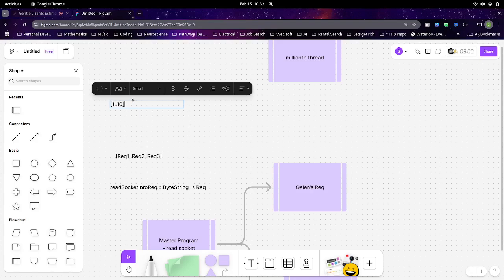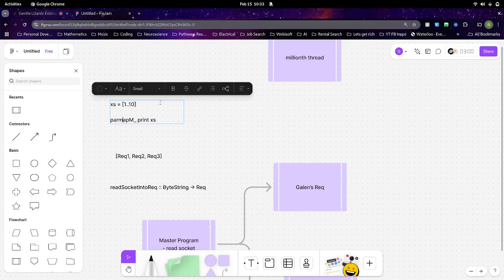So this is shorthand in Haskell for 1 to 10, right? This will evaluate to literally just 1, 2, 3, 4, 5, 6, 7, 8, 9, 10, and I don't have to write it all out. I could take this and then say map m print, let's call this xs. That's one thing I could do, but this would be sequential though. So let's say